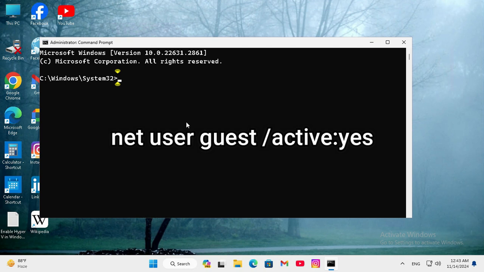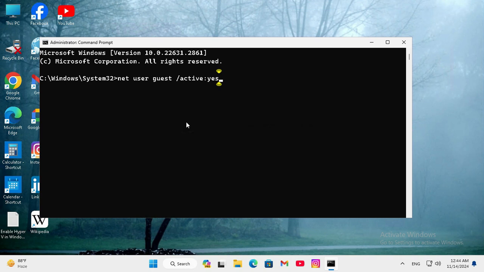In command prompt type net user guest /active:yes. This command will activate the guest user account on Windows 11 computer. Now hit enter. The command completed successfully. Now close command prompt